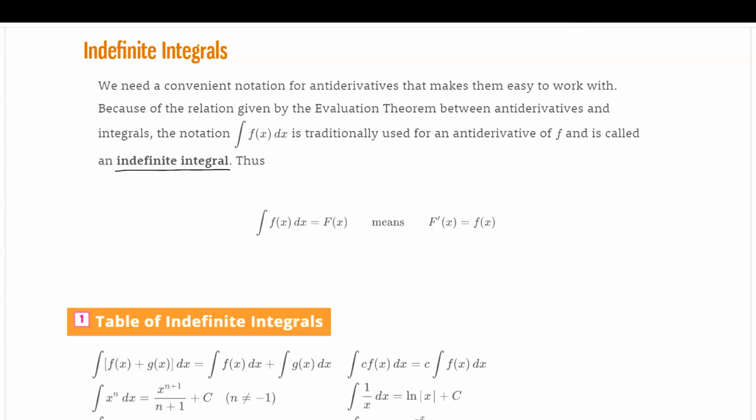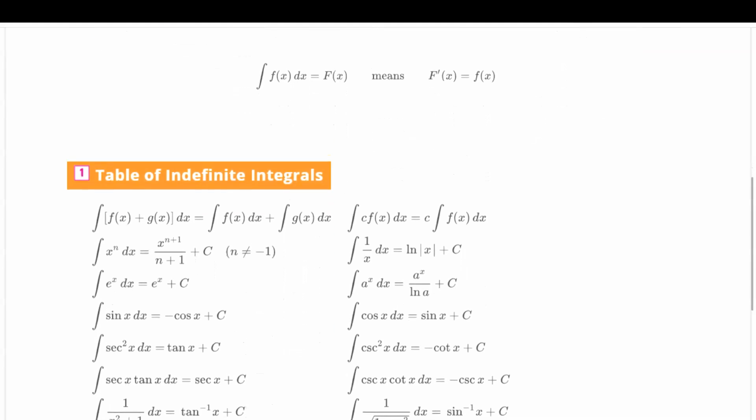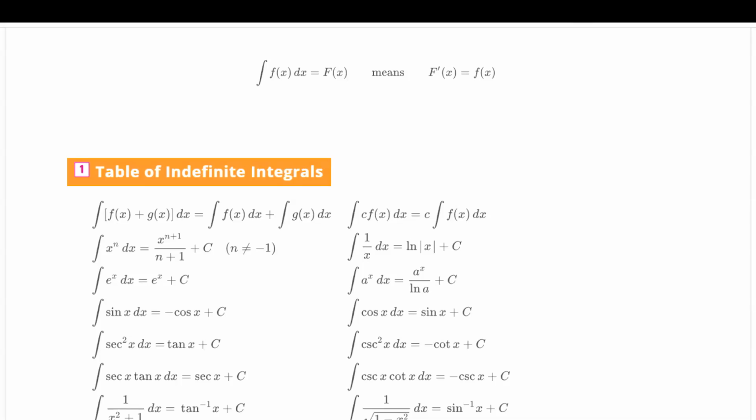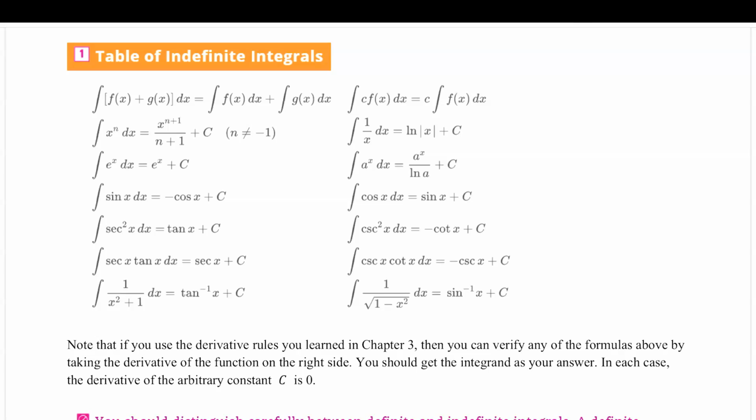So we can say that the integral of f of x dx is equal to cap F, the antiderivative. And the fact that the integral of little f equals cap F, and notice again there's no a and b on the integral sign, no limits of integration, that means that if you take the derivative of cap F, you get little f. Now we have here a table of indefinite integrals, and as it mentions down below, you can